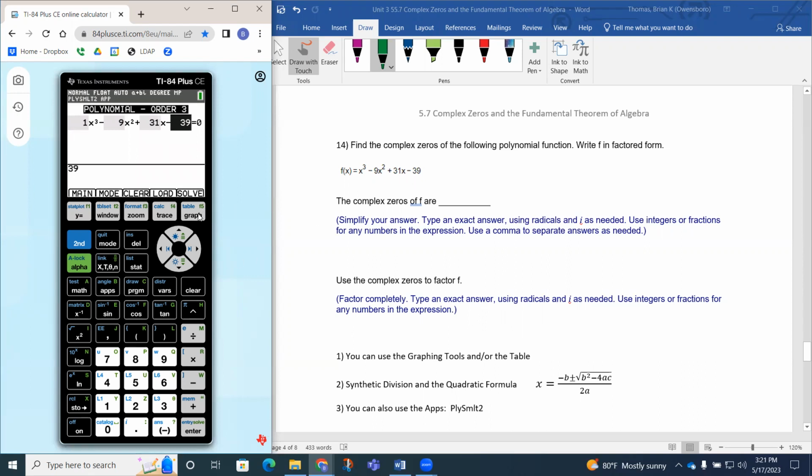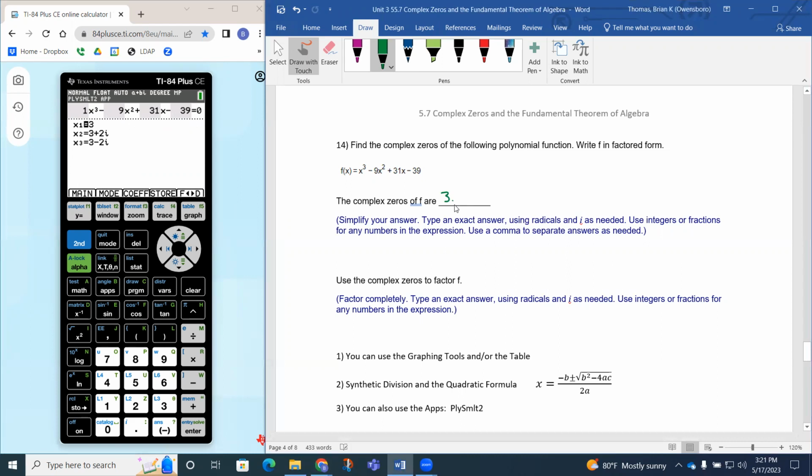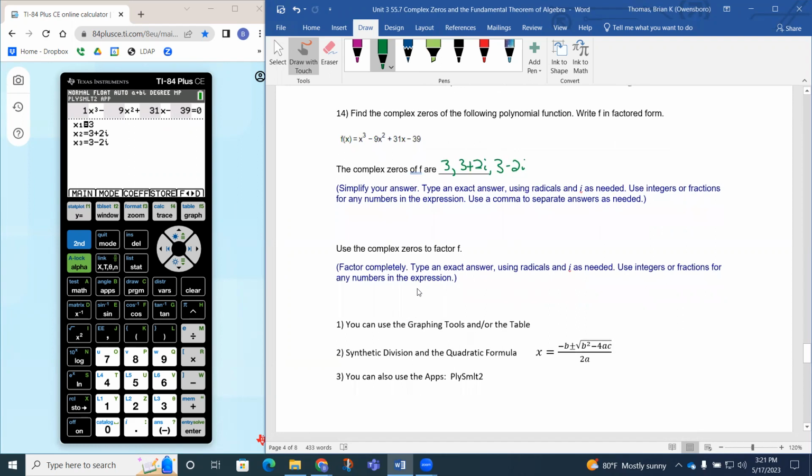So if we solve this, notice how it solves above. I hit graph, and it gives me 3, 3 plus 2i, and 3 minus 2i. So it did give me all 3 zeros. It works just like that. We're done. But if we want to see some other strategies, if I type y equals,